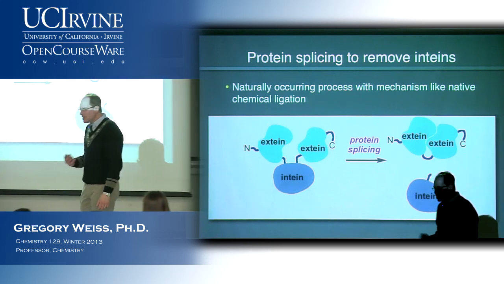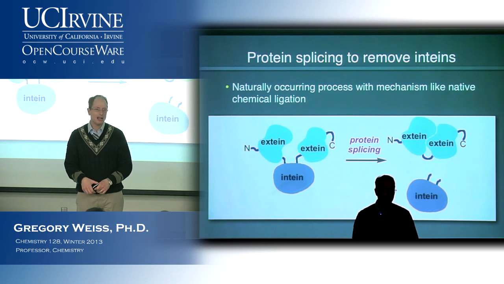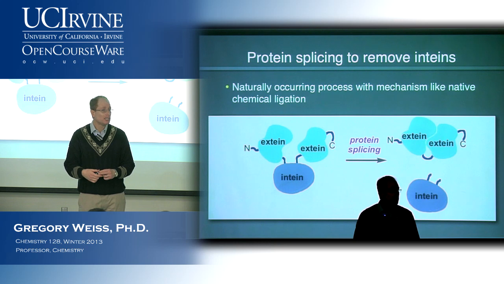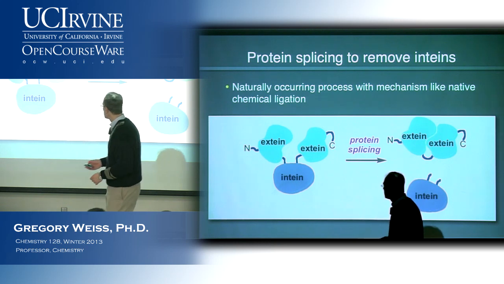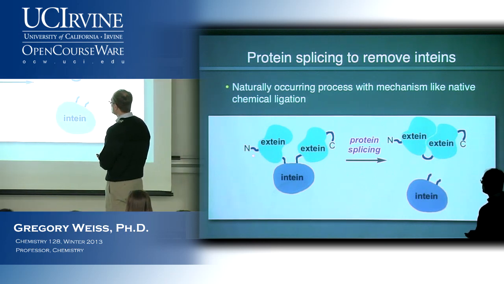Chemistry this elegant must have a natural analog. And it turns out that when we look closely at cells, we find that cells can also do a self-splicing reaction, where proteins newly synthesized by the ribosomes will actually cut and paste themselves apart without any intervention from other proteins. Okay, so there's no other catalysis that's available. Here's the way this works. So some protein's been synthesized by the ribosome. Here's the N-terminus, here's the C-terminus.